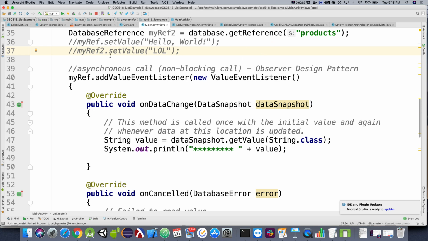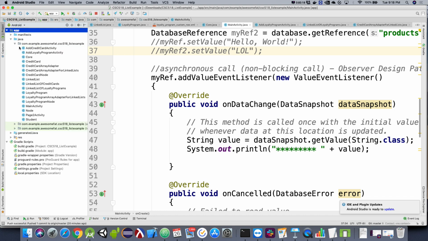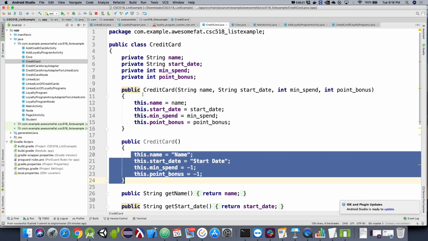So what I'm going to do is start off with our credit cards. I'm going to adapt our credit card class to be capable of being stored on Firebase. So I'm going to go into credit card. All right. Now,